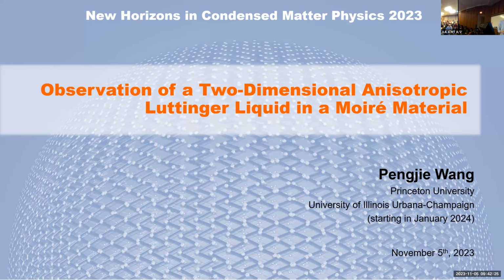Okay, thank you, everyone. It's my great honor to come here to present our recent results. We have struggled to name this phase which we observe, and so we now name it a two-dimensional anisotropic Luttinger liquid. But as you know, the Luttinger liquid usually refers to the one-dimensional situation. So we are struggling a little bit with it, but we call it by this name, and I hope you understand after my talk what I'm talking about.